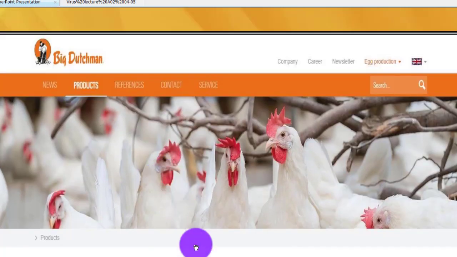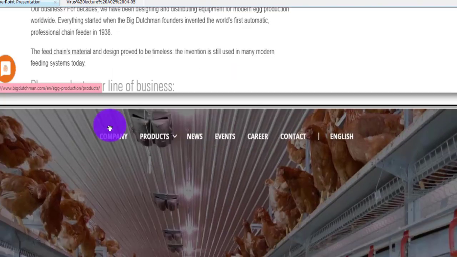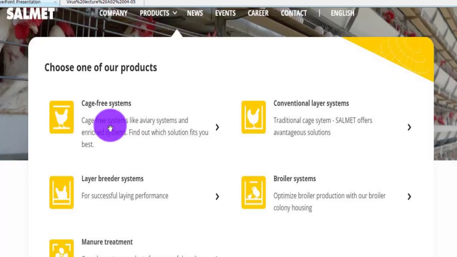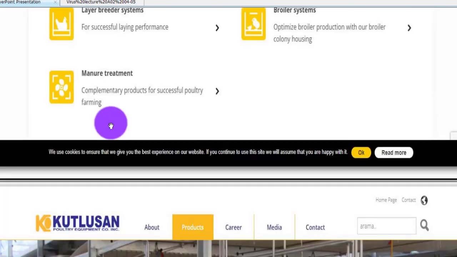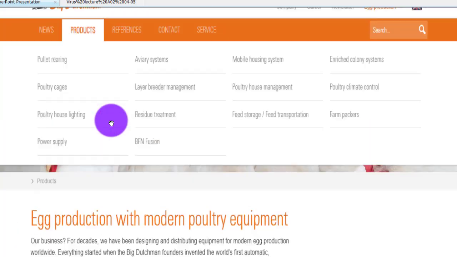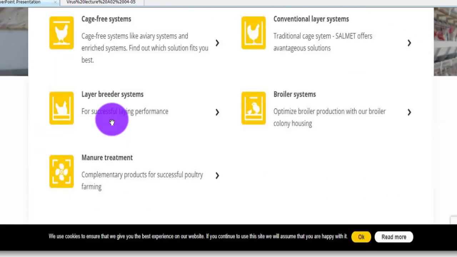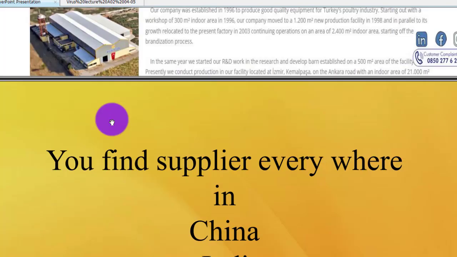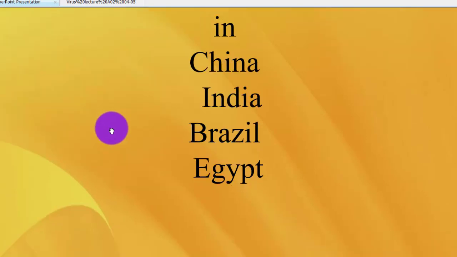Companies for building houses and suppliers of equipment for fully controlled, fully automatic houses. Here are Big Dutchman, Salmet, and Cotton Sand in Turkey, because Big Dutchman and Salmet are German companies, and Cotton Sand is Turkish. And you can find suppliers everywhere in China, India, Brazil, Egypt for your equipment and your